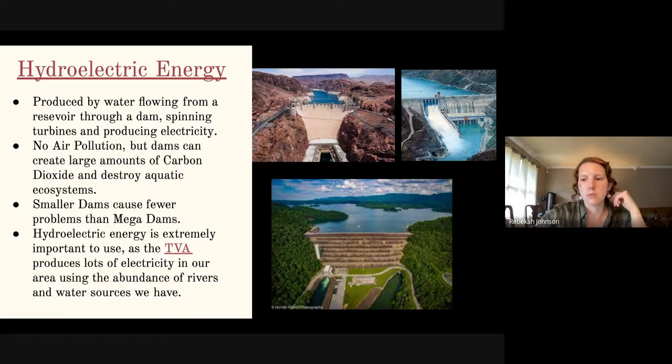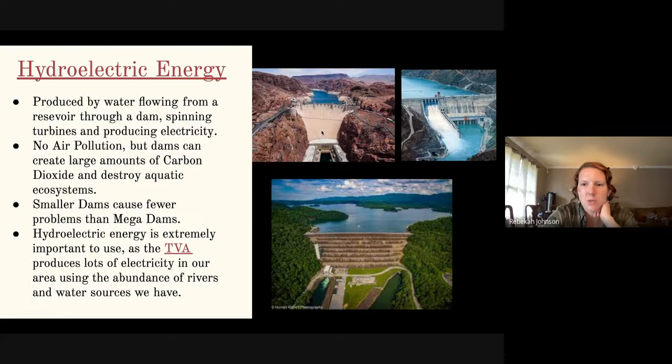Gilmore or Mr. Irwin could correct me if I'm wrong there, for water. And then electric, we know, comes from the movement of electrons, and we have hydroelectric energy. So energy from water. And what I have up here are pictures of dams. There are lots of different kinds of dams, but I have these up here specifically. So this is, of course, the famous Hoover Dam, made famous by many things, which provides a lot of power